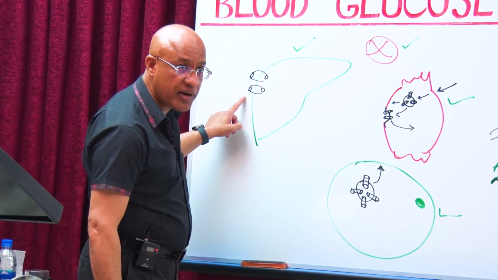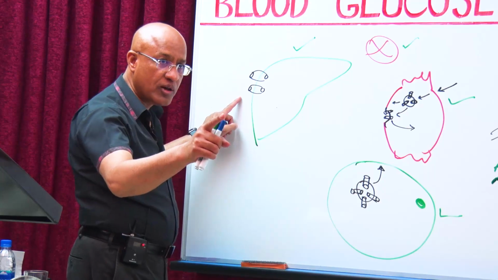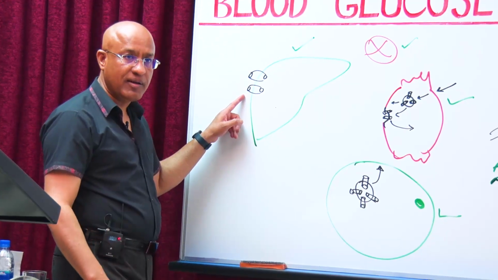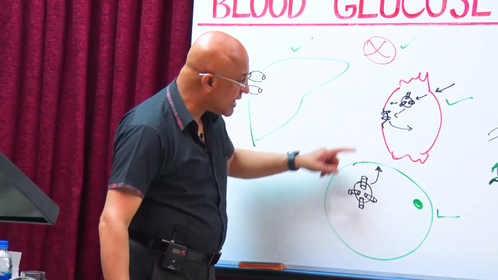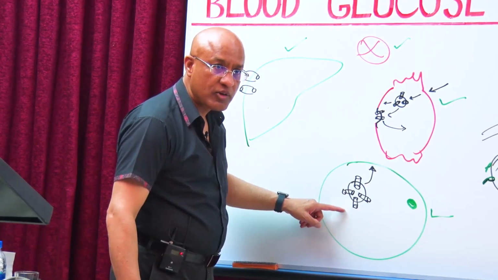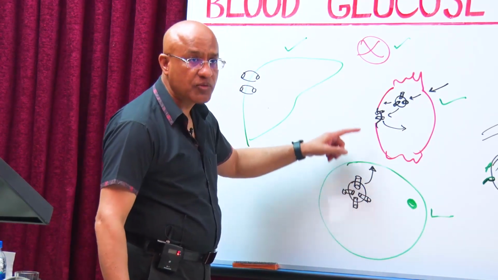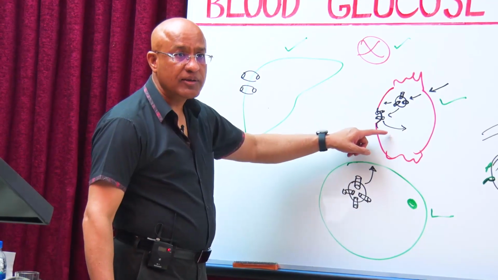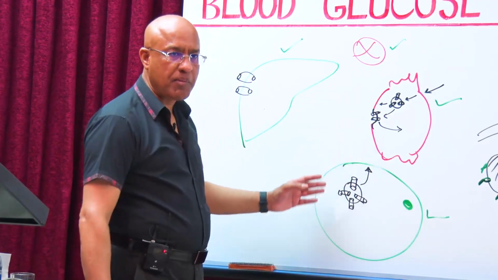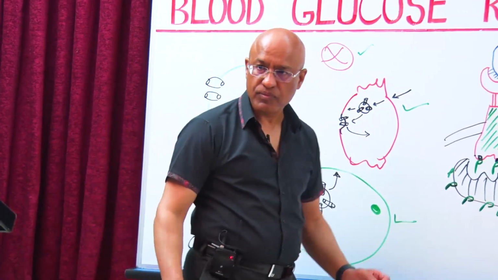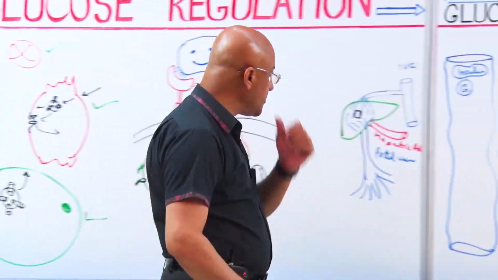They are insulin independent. So uptake of glucose by the liver is insulin independent, but insulin has other functions on the liver. But on the muscle and the adipocyte, insulin has metabolic function as well as the function of increasing the uptake of glucose, or making the membranes permeable to glucose. Is that clear? Now we come back.